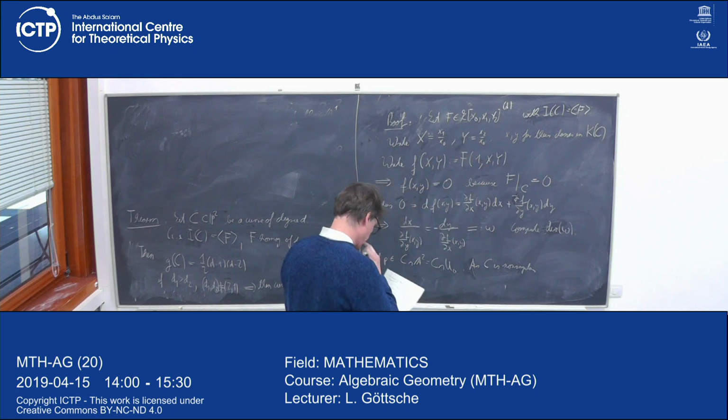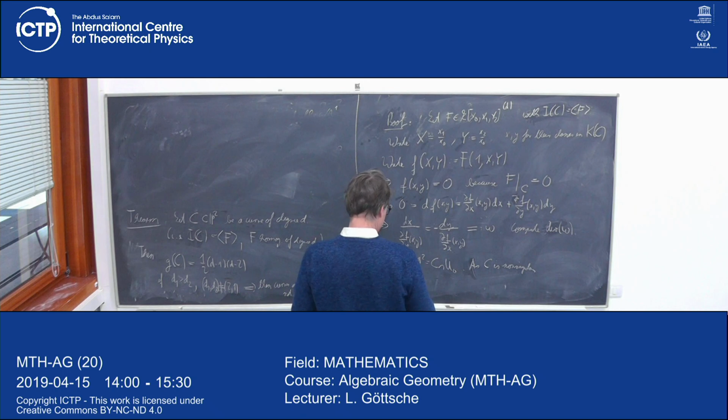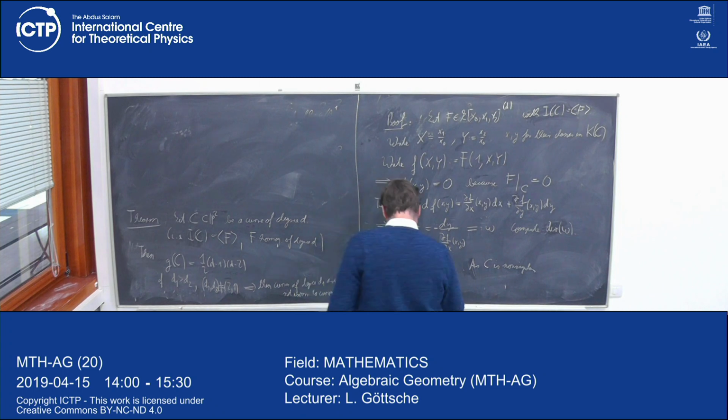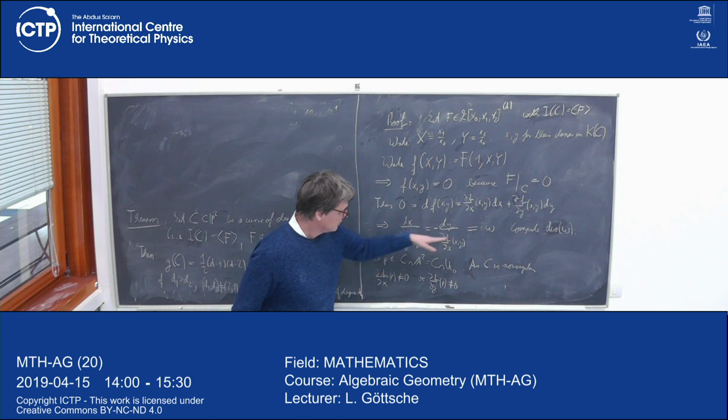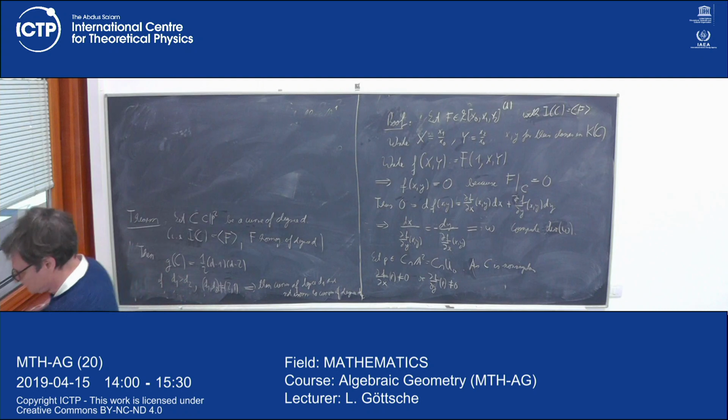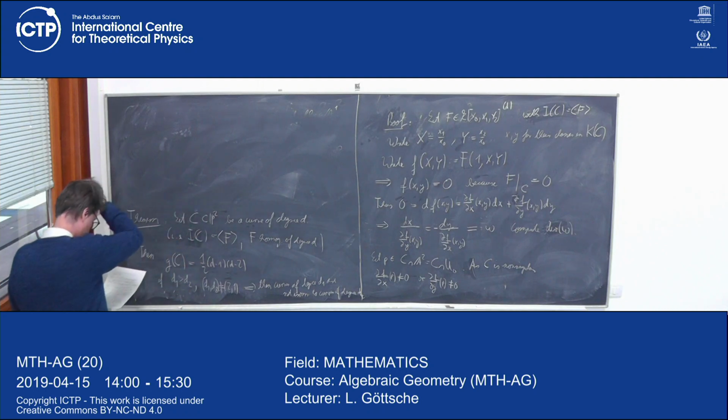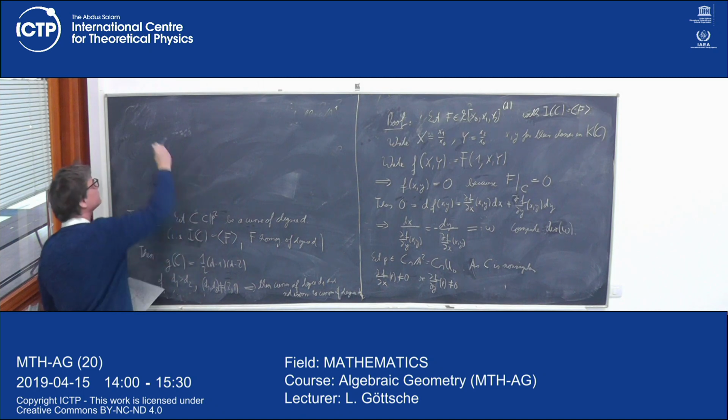So it follows that ∂f/∂x at p is different from 0, or ∂f/∂y at p is different from 0. One of these must be non-zero, which shows that there will be no hole here. And furthermore, if ∂f/∂y